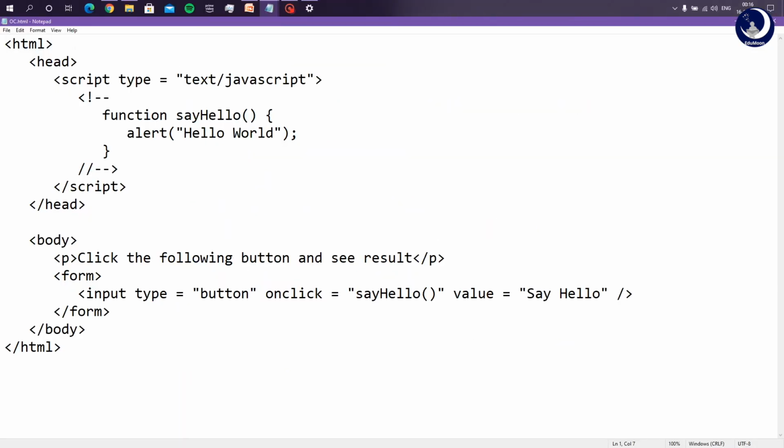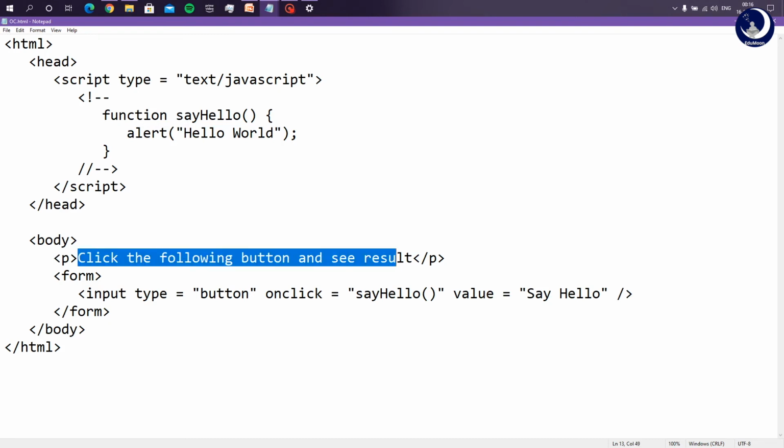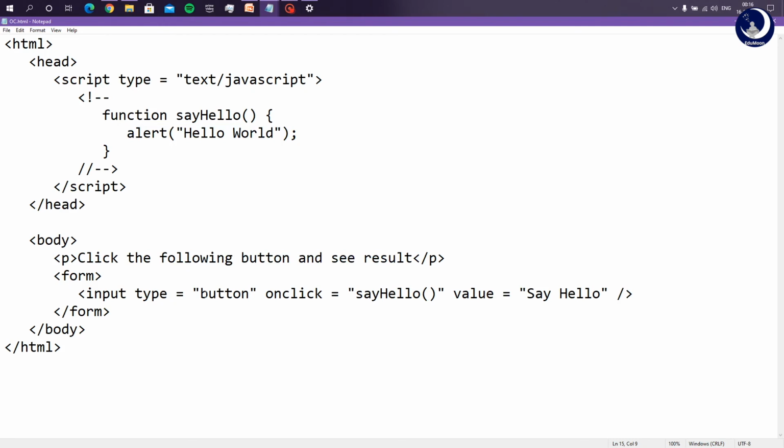This is the example for the alert dialog box, which is generally used to display a warning message. Here in this web page, the body consists of a paragraph which says click the following button and see result, and then a form which consists of a button which says say hello, and when it is clicked, it triggers say hello.